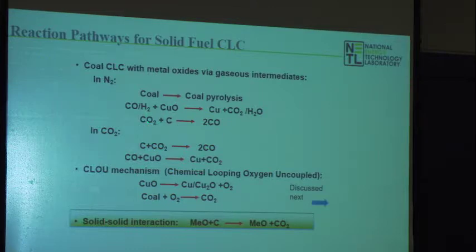Here's gasification with CO2 to give you CO. You can have CO2 then in the background going through several routes to give you more CO or CO2. And then finally, with copper in particular, the equilibrium pressure of oxygen at those temperatures can actually separate out the oxygen just by heating it to provide gas phase oxygen to react with the coal. Those are all the mechanisms you typically see people referring to when you say, I'm going to do chemical looping